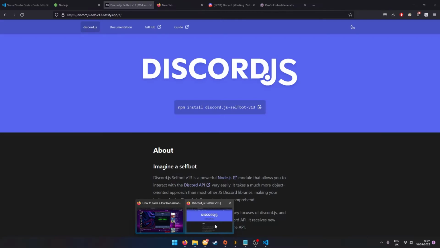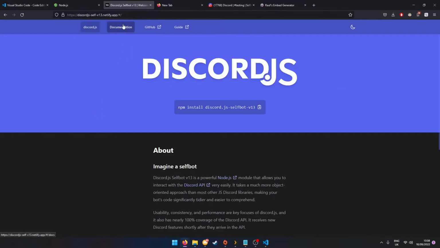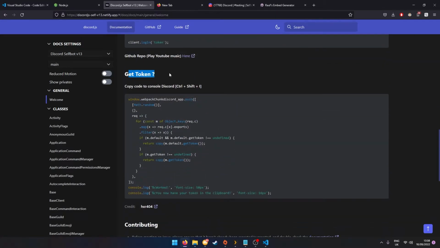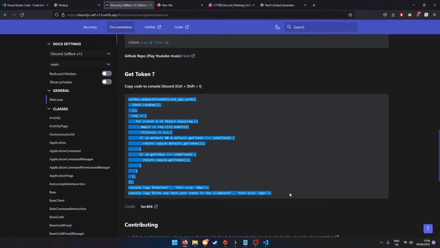On the Discord.js-self website, in their documentation, they show you how to get it. They have get token and copy code to Discord console. Seems like some sketchy English. Anyways, right here it shows the code that you put into your Discord console to get your token. So we're going to go ahead and copy this,